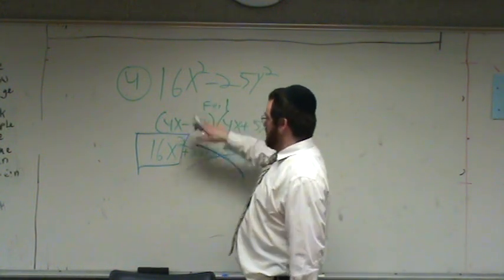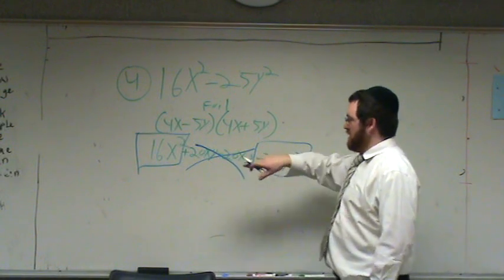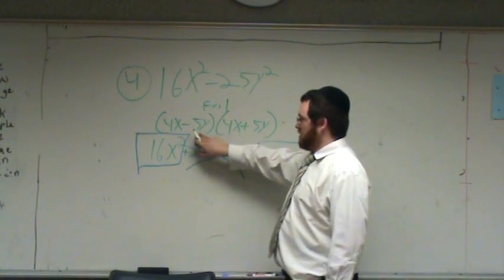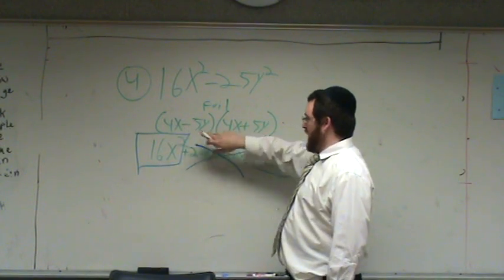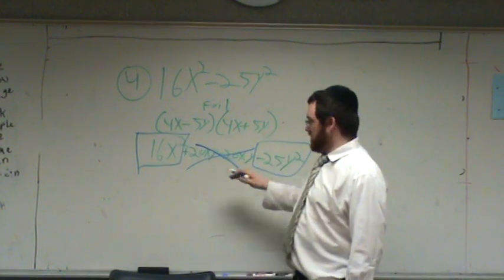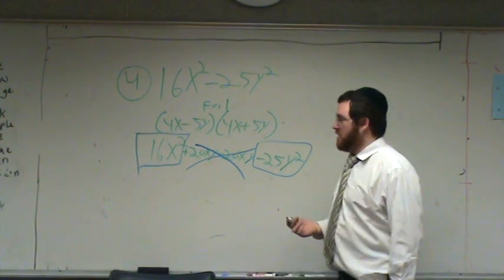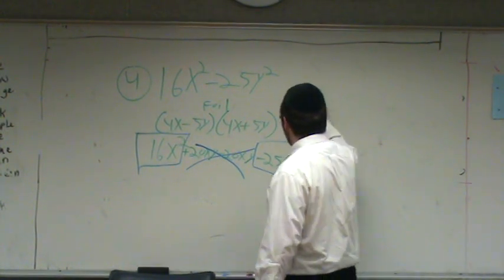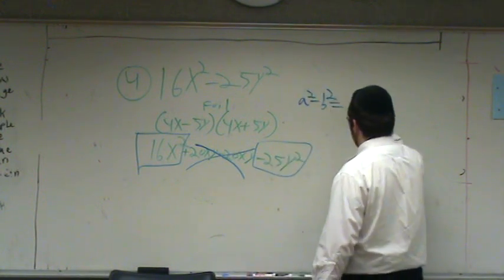Now, since there's no middle term, you know that you have to be putting in the same number in the middles and in the outsides. Otherwise, you would be left with something in the middle. That's the difference between two squares: if you have a squared minus b squared, that has to be equal to